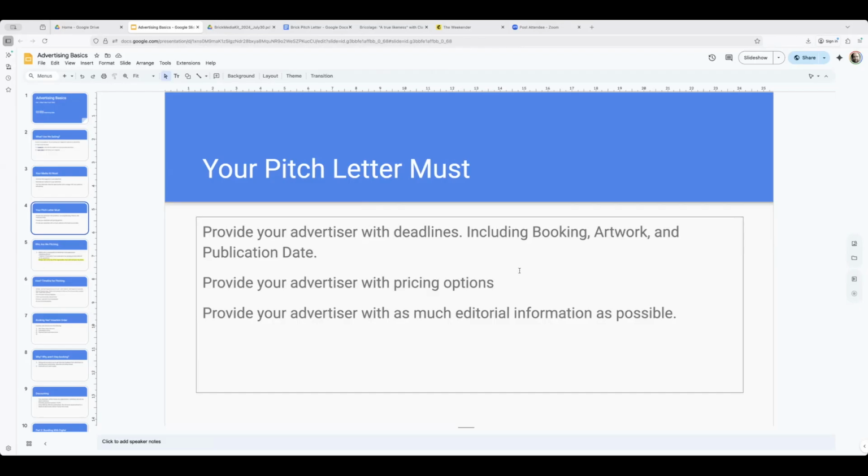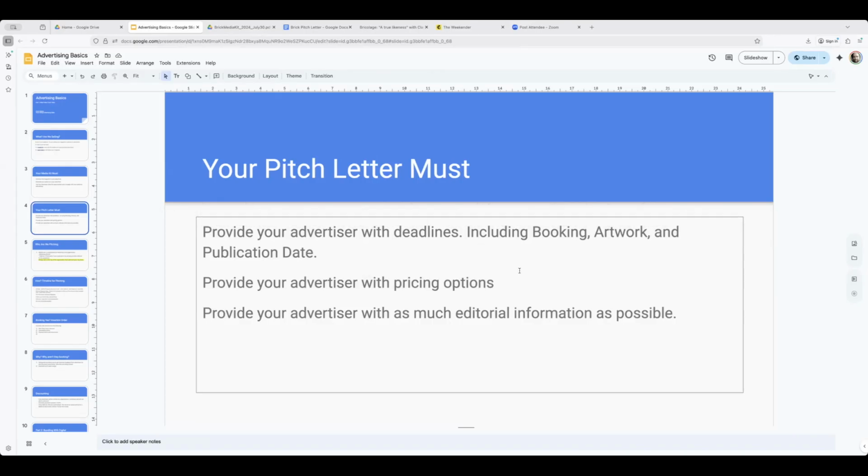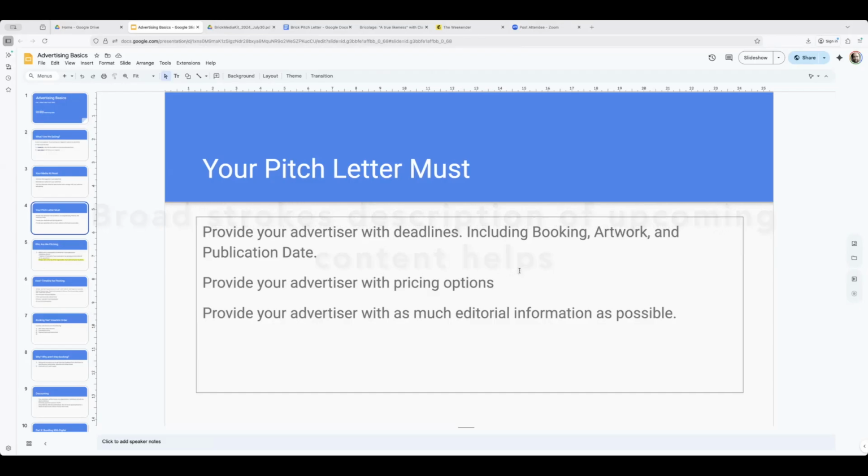I know sometimes this can be a challenge because editorial's like, well, we're still figuring it out. You really have to try and encourage editorial folks to give you as much information as possible. As you saw in the brick example, I don't need to know what certain authors exactly are going to be talking about. But even in a literary case, is it going to be a poem or is it going to be an essay? If it's going to be an essay, in broad strokes, what's the essay going to be about? Once somebody's decided to include an essay from a particular author, they have some sense of what it's going to be about. And the more information you can include, the better.